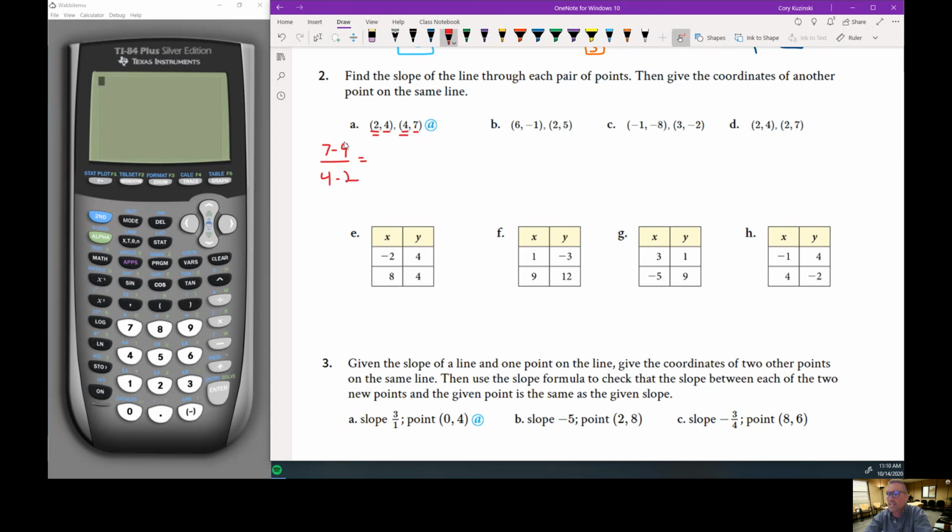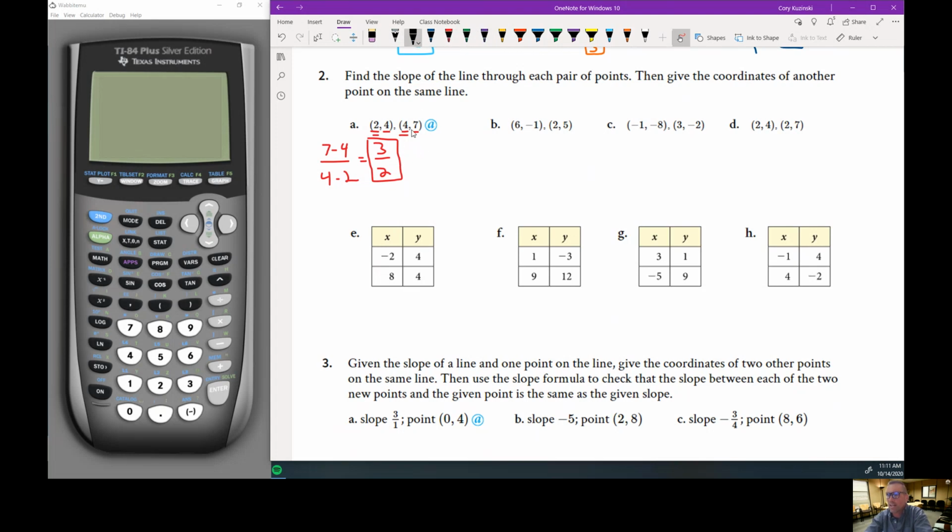Change in y over change in x. That's the rise, the vertical distance on the graph, 3. And there's the horizontal distance between the points on the graph. That's 2. So our slope is 3/2. You could switch it to 1.5, but I don't really like that because the next thing I'm going to do is